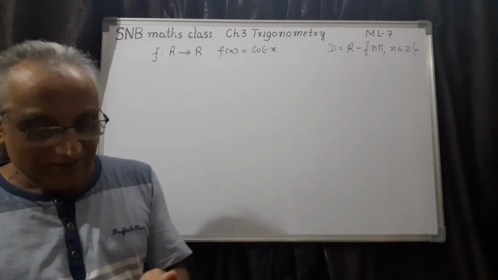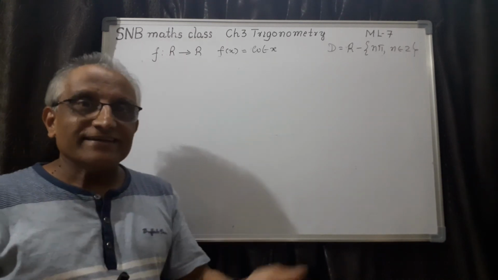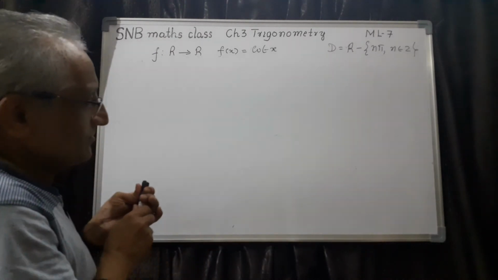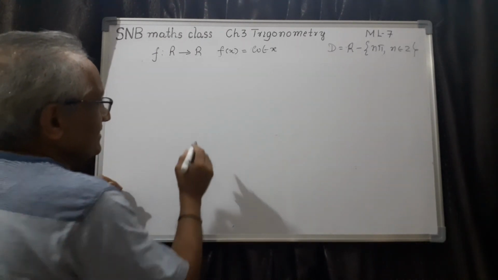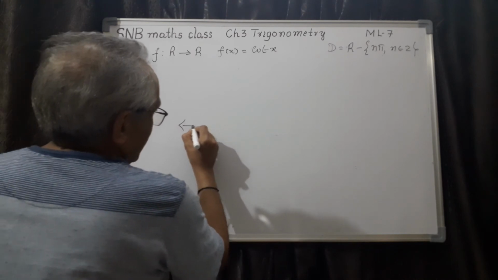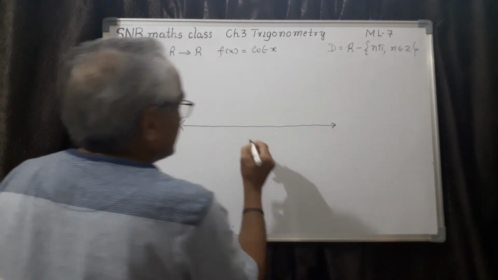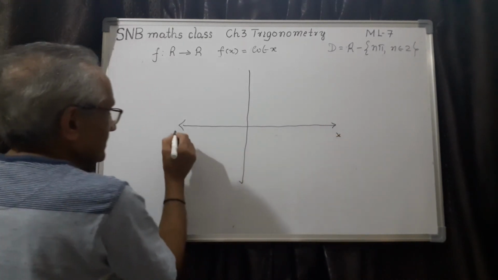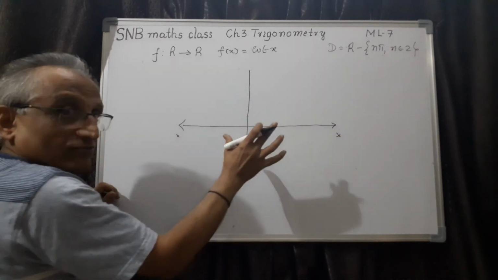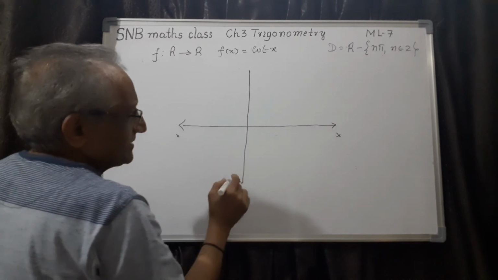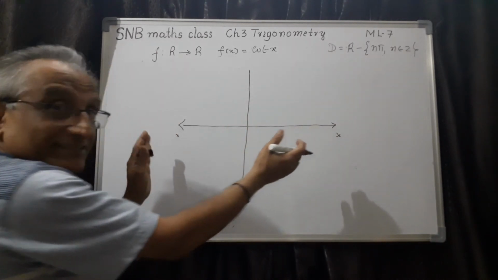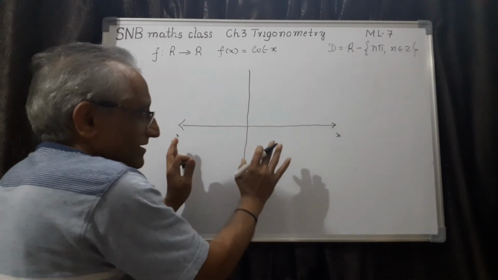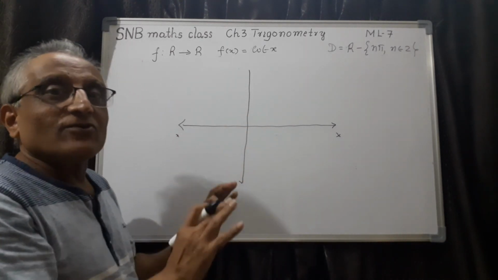Now let me just show you a very interesting thing. You can take it as a trigonometric rangoli. It's a very beautiful curve. Of course, I don't use a different color here. You can do this as a practical activity just for the sake of interest. Take the x-axis and y-axis with a proper scale, otherwise the curve will not be good. This is your actual assignment: in the same coordinate system, with the same Cartesian plane, draw all the graphs.